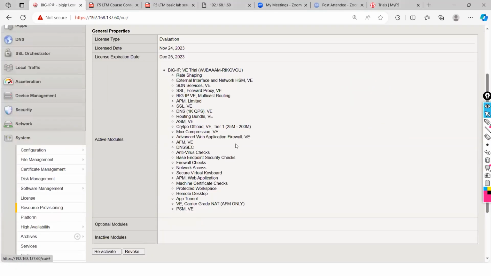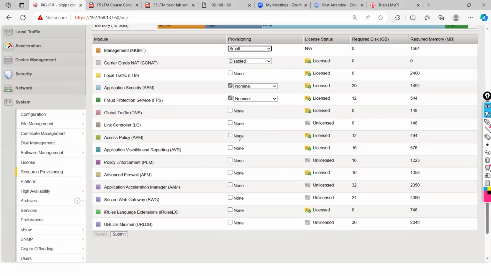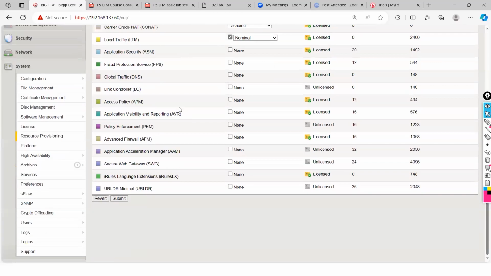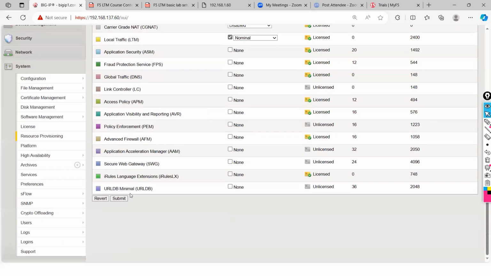And here, if I go to resource provisioning, guys, here you can see different modules. Let's say I don't want to use ASM module. I only want to use LTM module, because in my company, they only want load balancer, no security or GTM module.